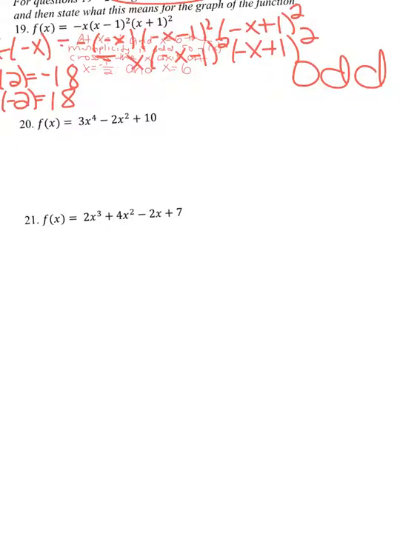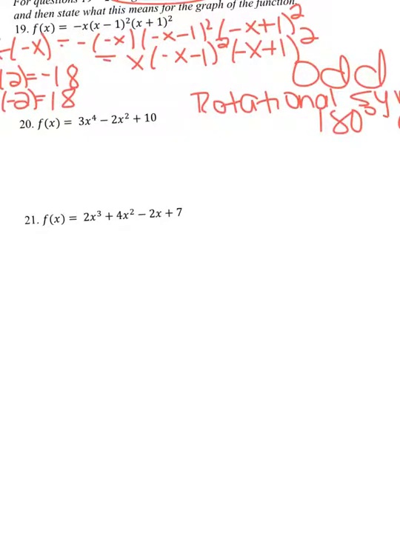And then lastly, what this means for the graph of the function, this means it has rotational symmetry of 180 degrees about the origin, or around the origin. Okay, meaning if you flip your calculator upside down, you're going to be looking at the same function. Okay, then for number 20,